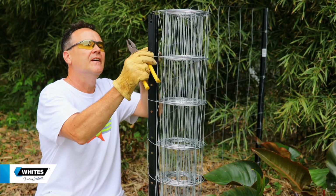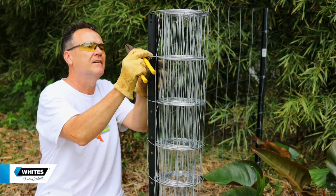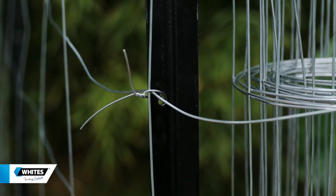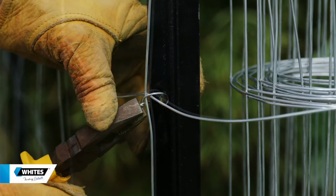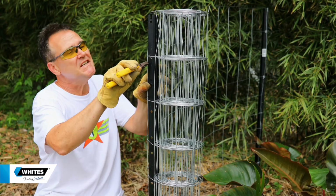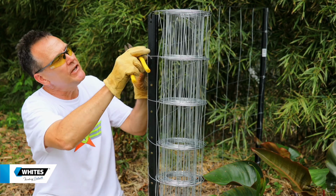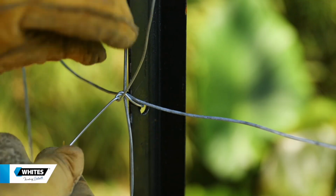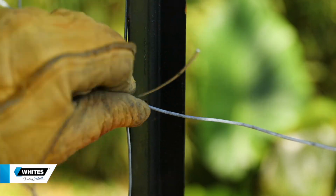Roll your mesh out to the next post or two. In my case, it was easiest to go to the front corner and then pull it taut and tie off. On these posts, use the simpler technique of hooking over and curling each side. The trick with positioning is to make sure you keep your mesh aligned with the holes in the posts. So if you attach your second strand to your second post hole, make sure you repeat that all the way